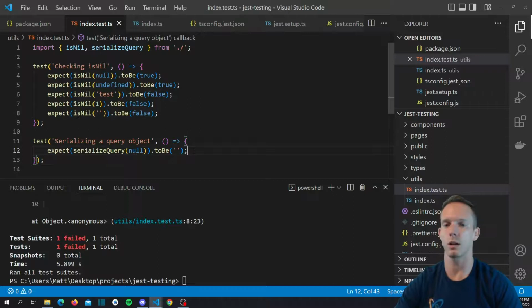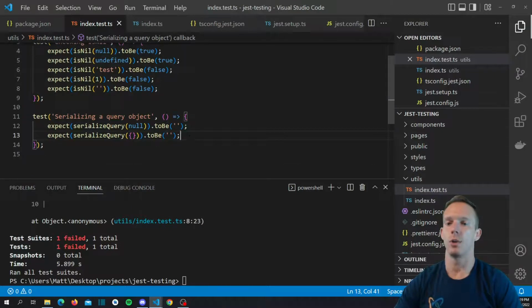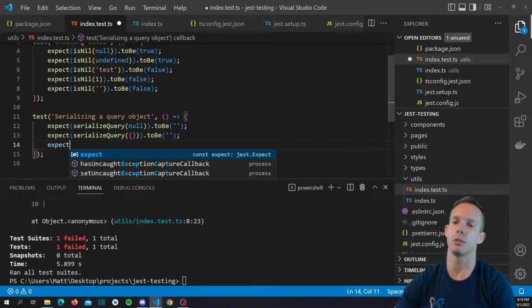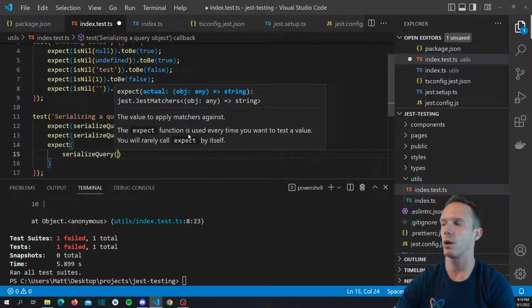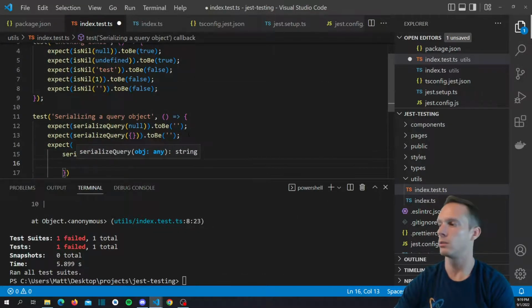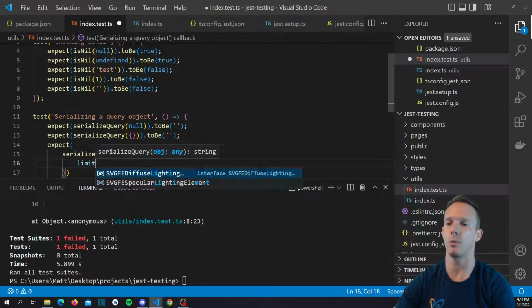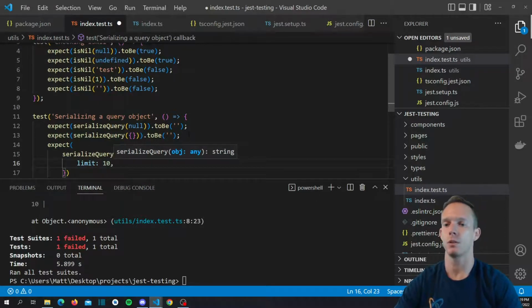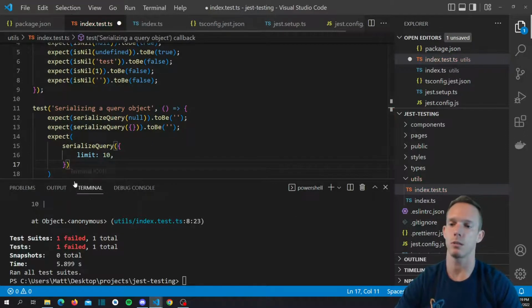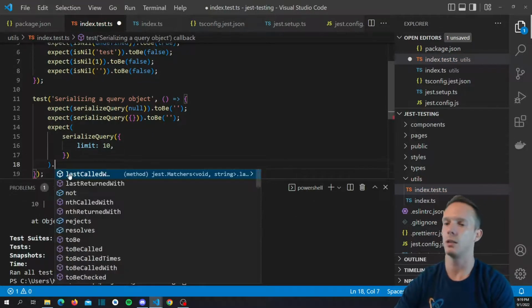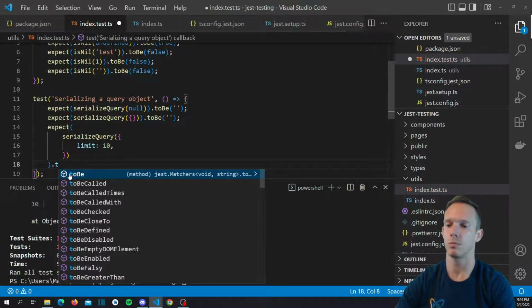Then we can do the same thing with just an empty object. And then we can get a little bit more advanced. So let's say expect serializeQuery, let's do just something with one property, right? So serializeQuery limit 10, and then this will be toEqual